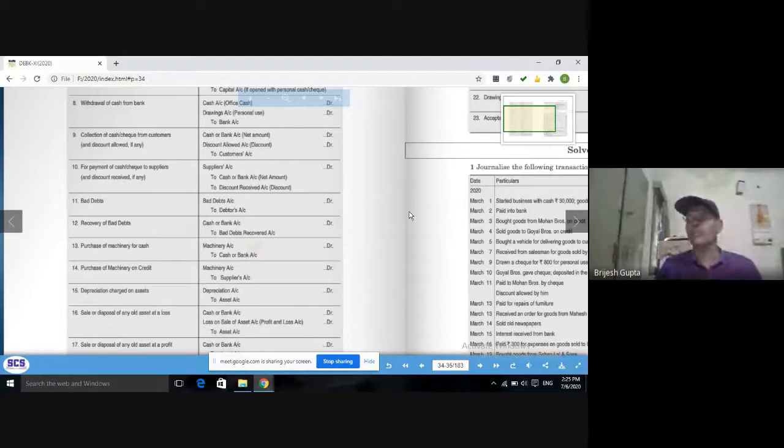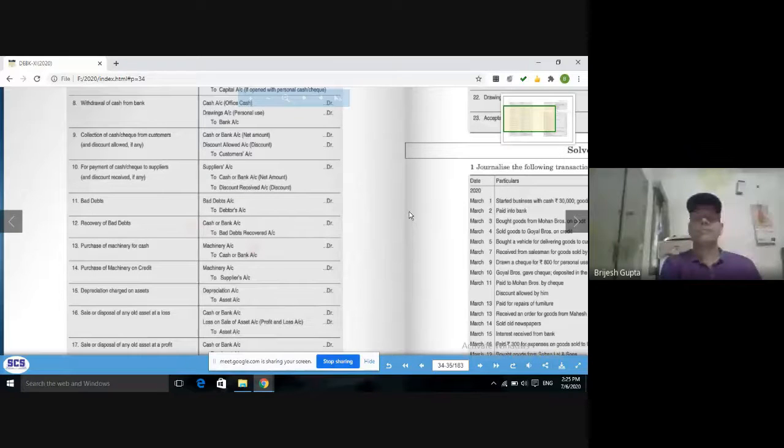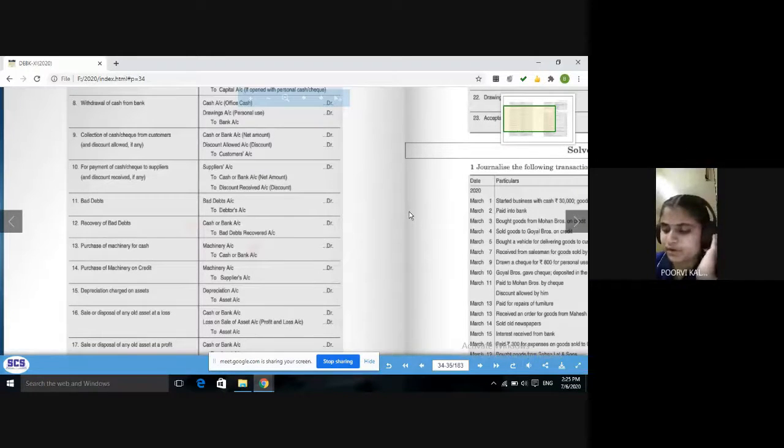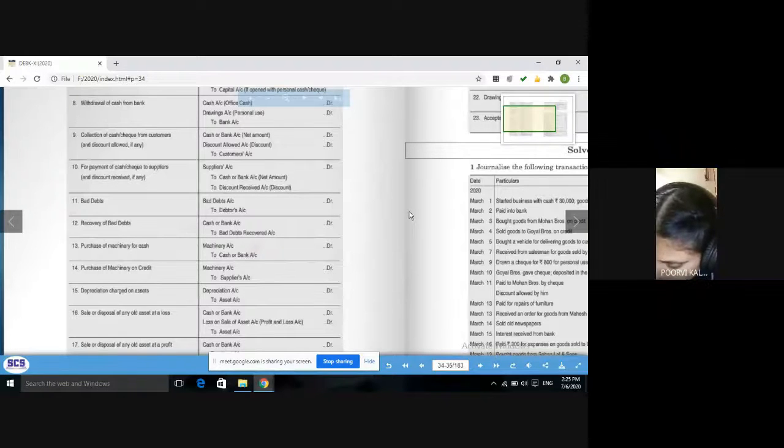So this entry of purchase is reversed. Credit purchase entry will be reversed. See the entry of credit purchase. What is the entry of credit purchase? What did you write in your book just now for the credit purchase entry? Purchase account debit to supplier. Now reverse this entry. What will be the entry? Reverse entry will be what? Supplier account debit to purchase return account. Okay, supplier's account debit to purchase return. So this will be the entry for purchase return. Supplier's account debit to purchase return.